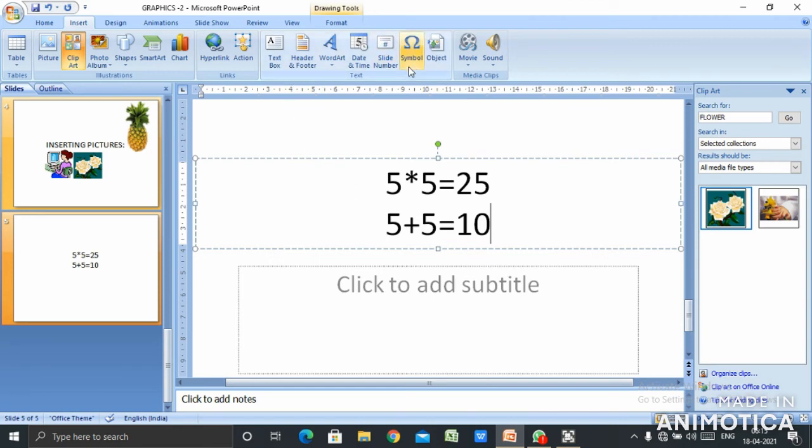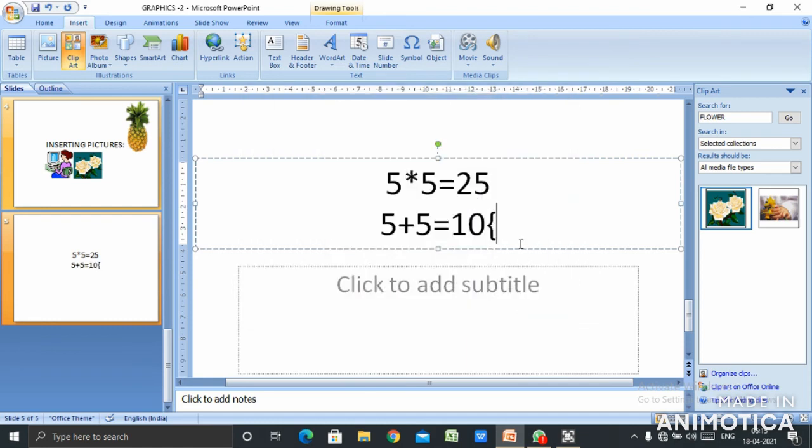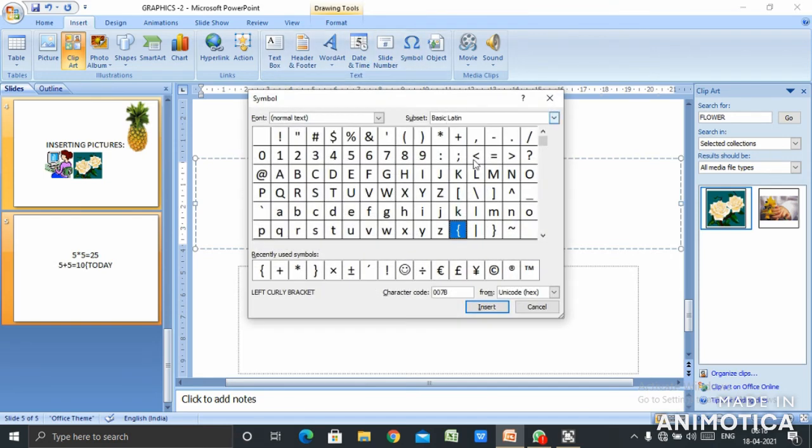There are many other symbols. You can insert the symbol of this one and close the window, and this one. Suppose I'm writing y here. This is specially used for formulas. Then insert the symbol of this side, then insert and close the window.